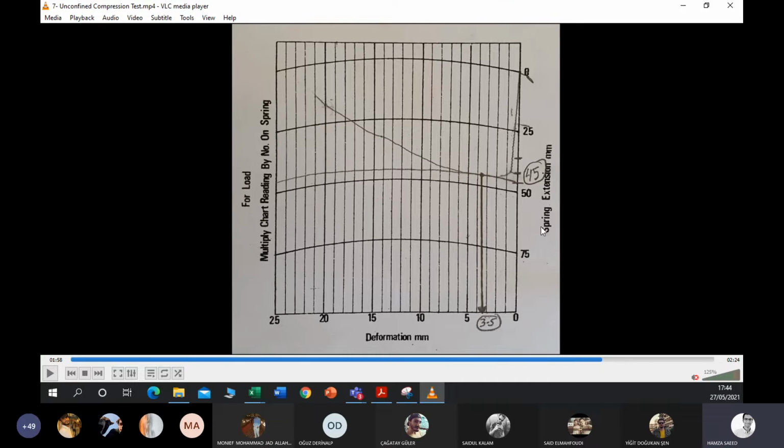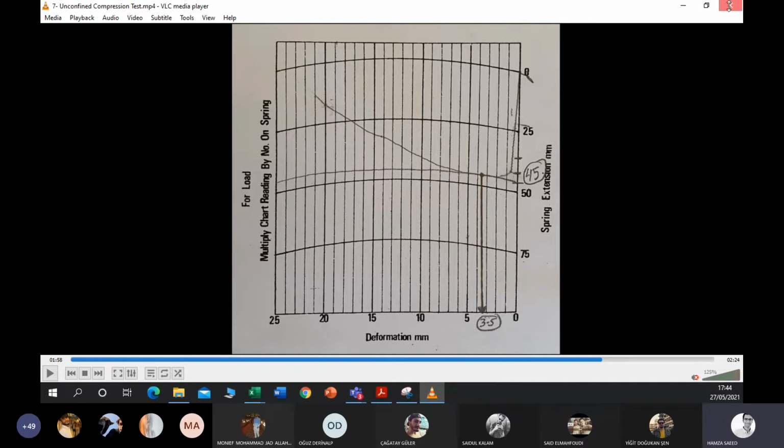So that will be your spring extension, and the deformation of the specimen, which is the delta H, is the vertical line over here, which again you can obtain by scaling the chart. Is it okay? Yes, sir. Okay. Don't worry, this is how you are going to obtain these values, and we are going to give you these values in the data sheet.